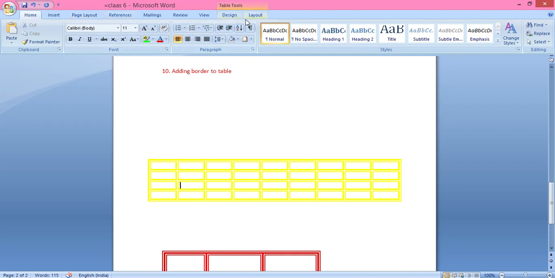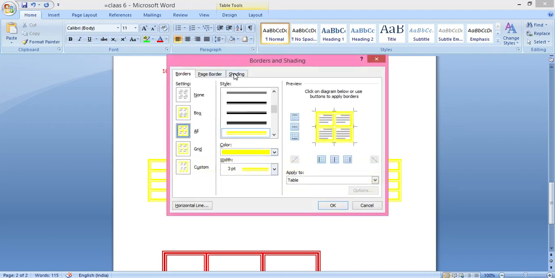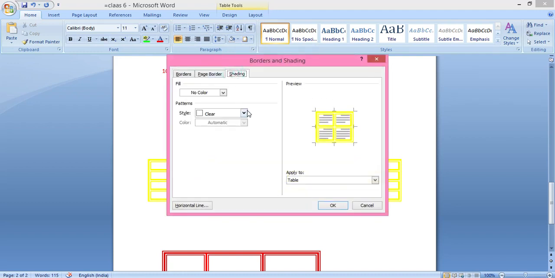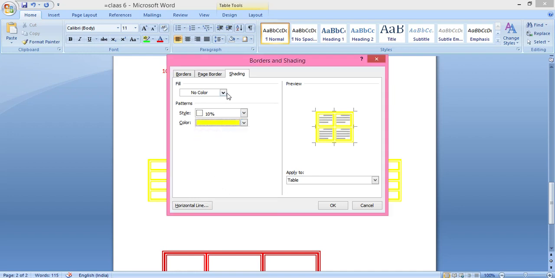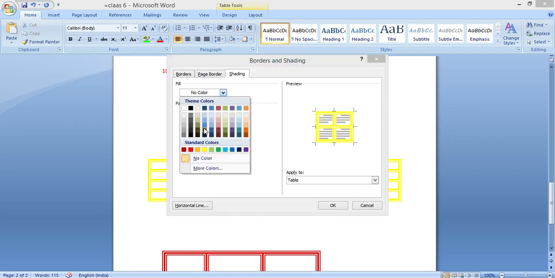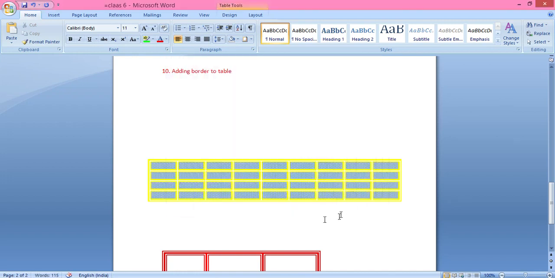Now last one, how to give different types of shades. Here is the Shading. Click here, define the color you want to give, and press OK. So now it is created like this.